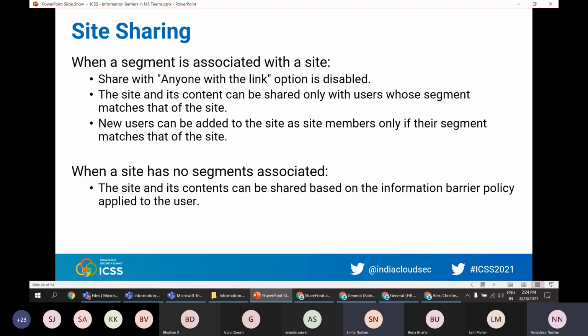So for example, if a site is associated with only HR, the site can be shared with other HR users only, even though that HR is compatible with both sales and research. And new users can be added to the site as site members only if their segment matches that of this site. So when a site has no segment associated, the site and its contents can be shared based on